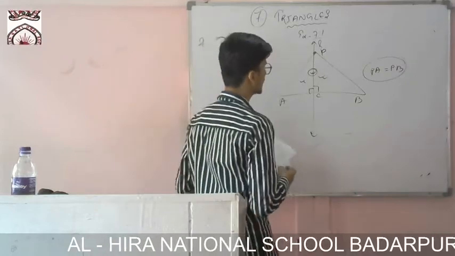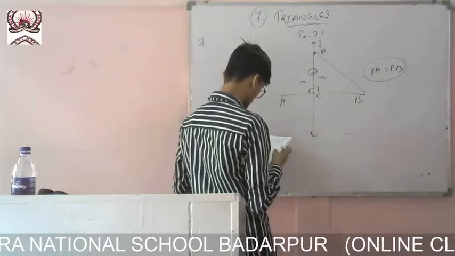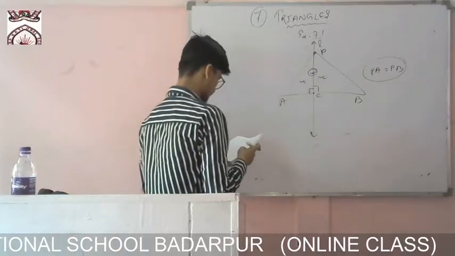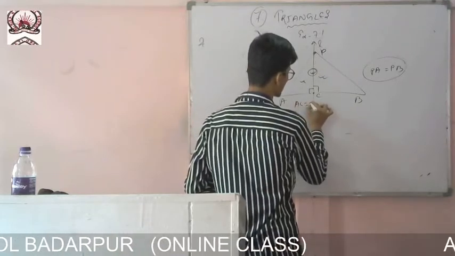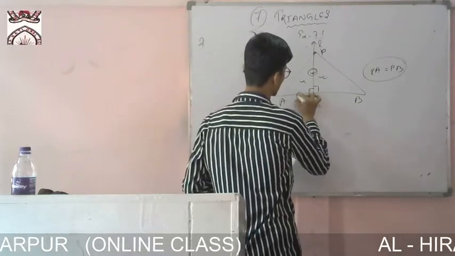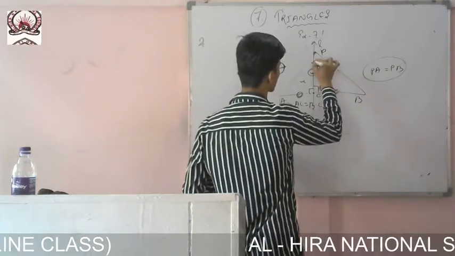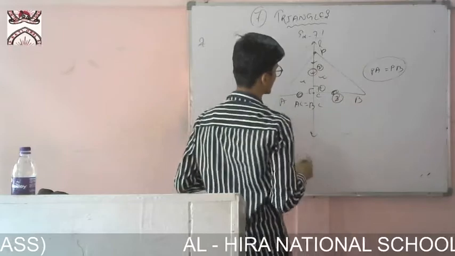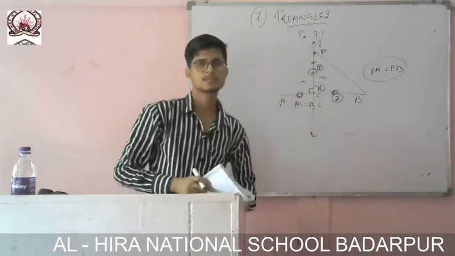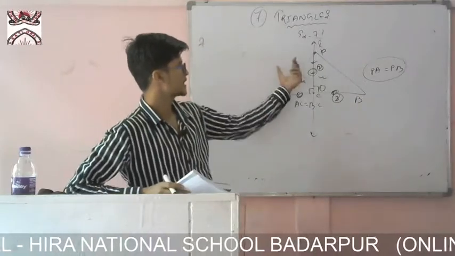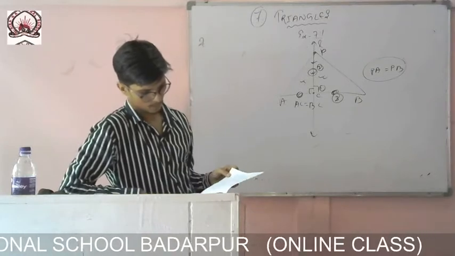AC equals BC, yes, and this is given, this line is the midpoint, no? So yes, C is the midpoint of AB, that means AC is equal to BC. So we have got another one. This is our first one, this is our second one, this common side, and this is the third. So three things we have got. So we can say that these two triangles are equal, and if these two triangles are equal, then I can say that PA equals PB. That means they are equidistant. Okay.